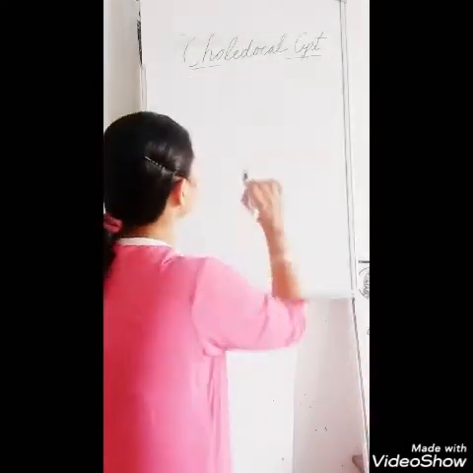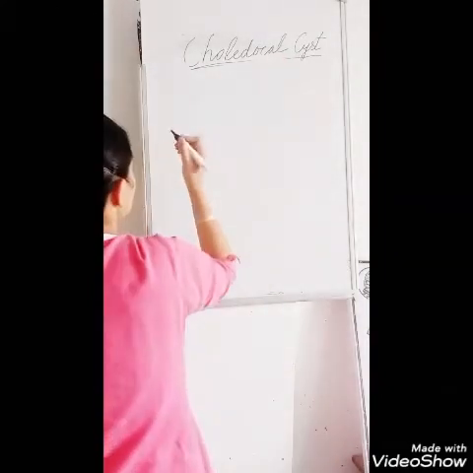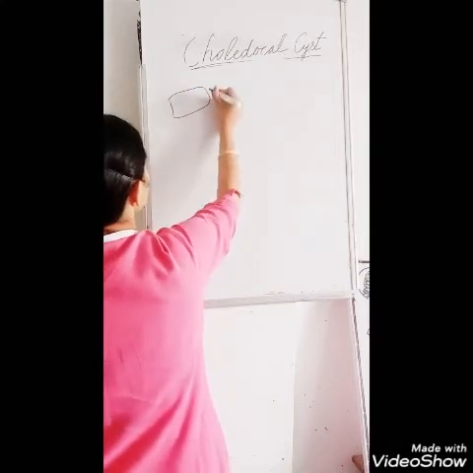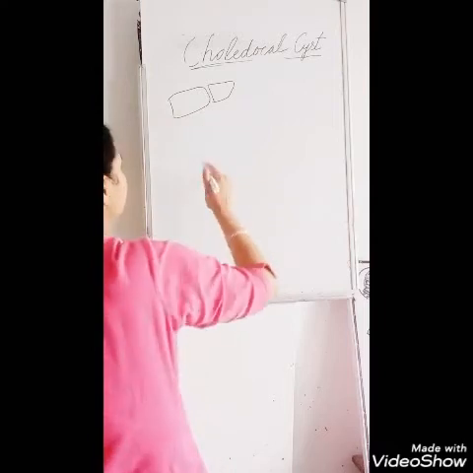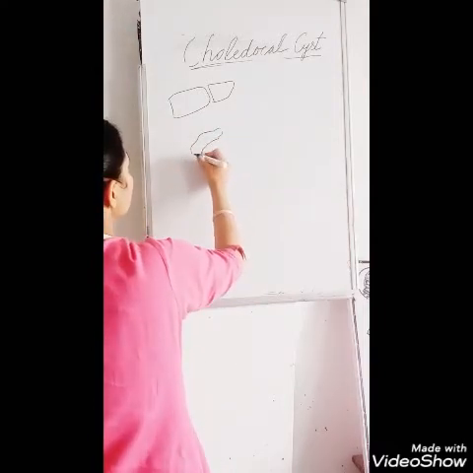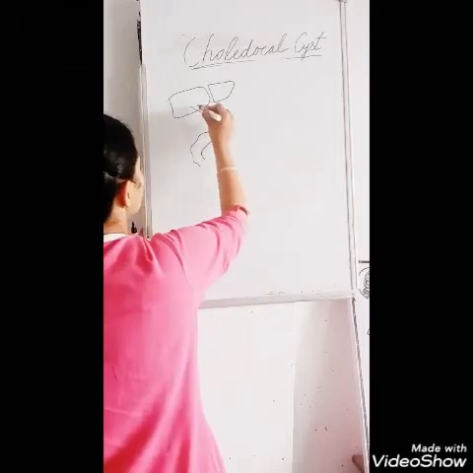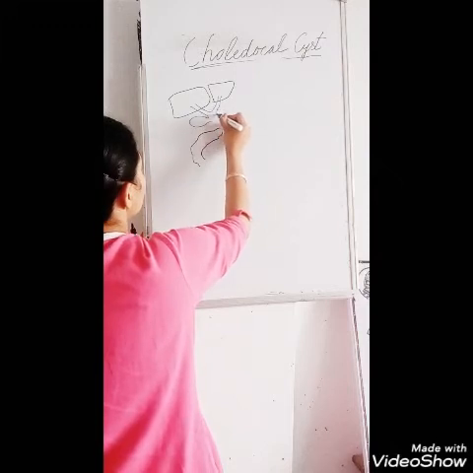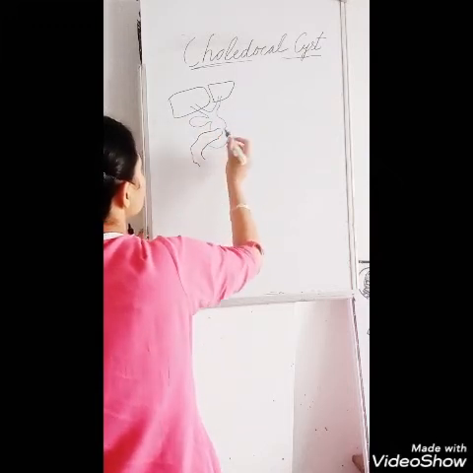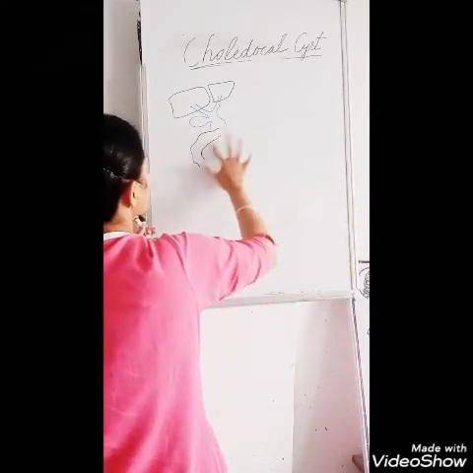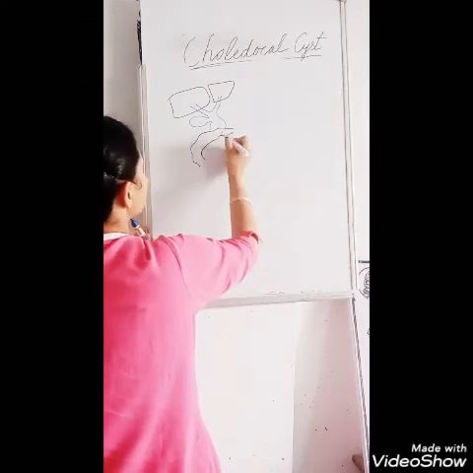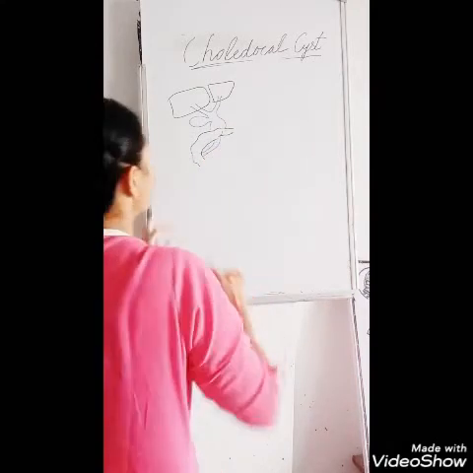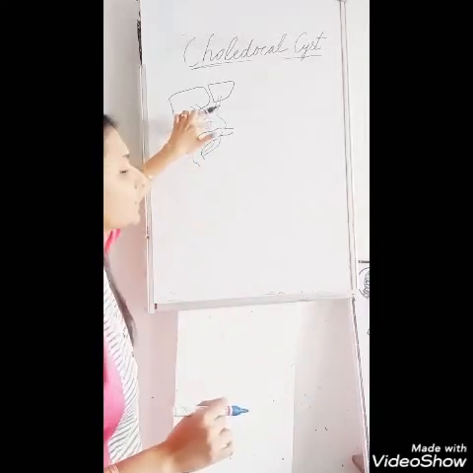Now the treatment in each variety of the choledochal cyst. There are 5 types of choledochal cyst. In type 1, that is the fusiform dilatation of the common bile duct. See, this is the duodenum and this is the liver, and here these are the intrahepatic ducts, gallbladder, and the fusiform dilatation occurs. So in the fusiform dilatation we will do what? We will remove the cyst.